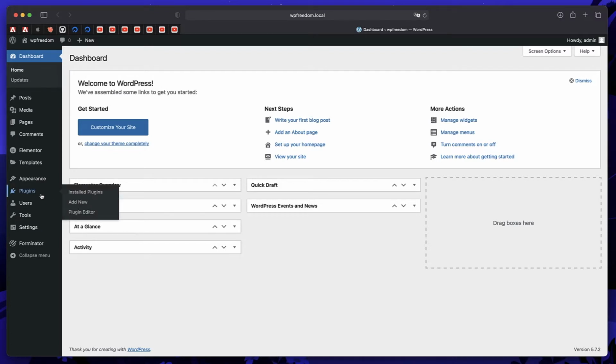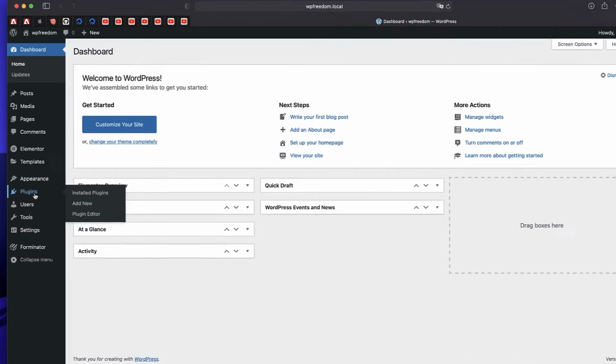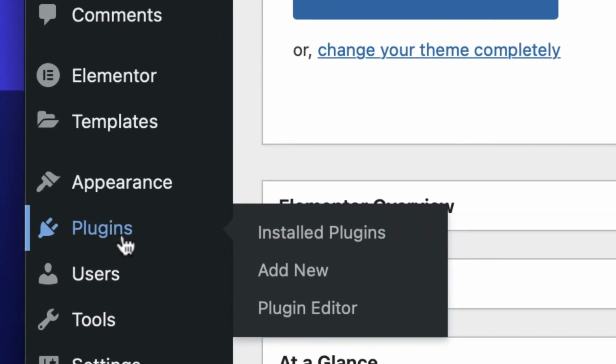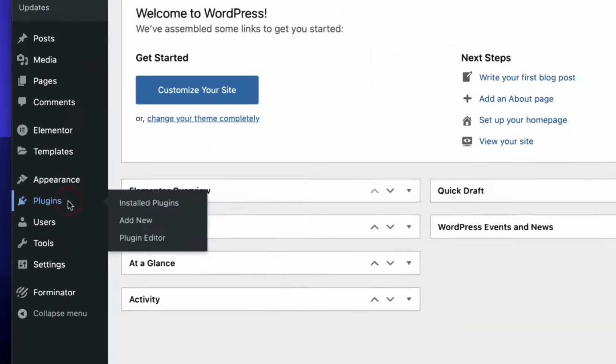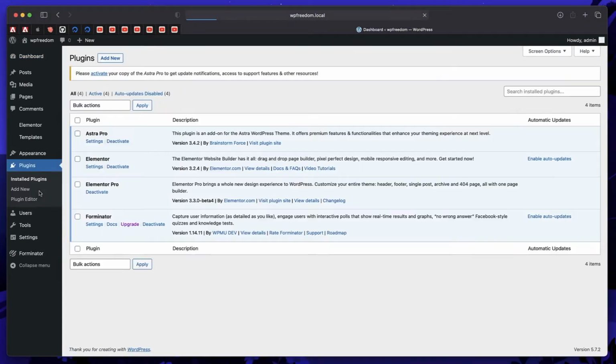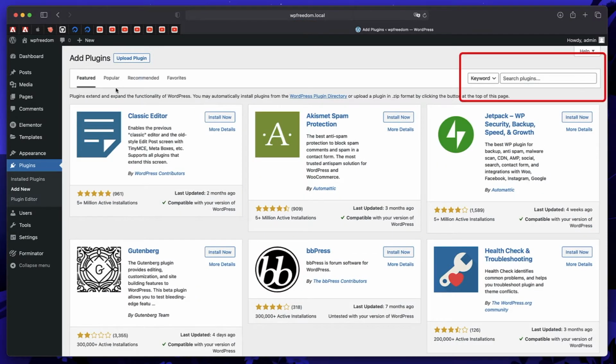Starting with method number one, head over to the dashboard entry called plugins. You need to be logged in as an admin to install and activate a plugin. So head over to plugins. Click on plugins or click on add new here. I'll just click on plugins here. And at the top, you have an option to add new plugin. Just click on add new and that will take you right away to the WordPress repository where you can search